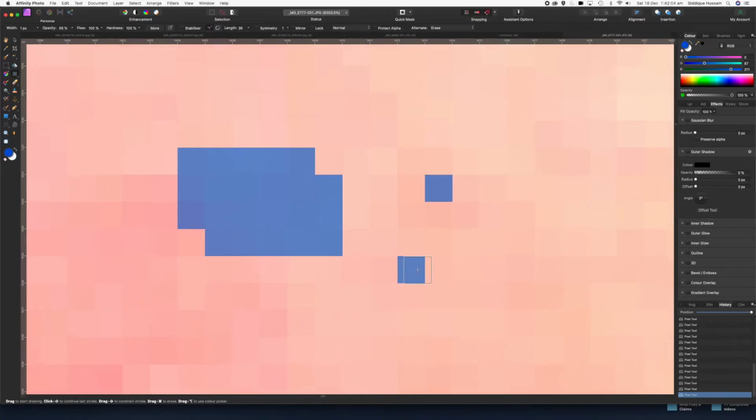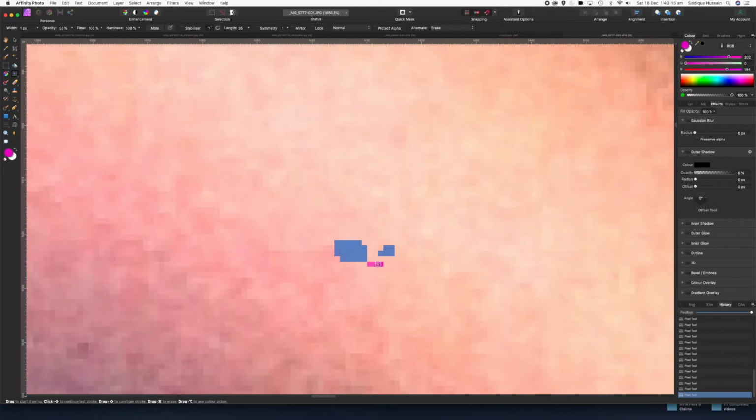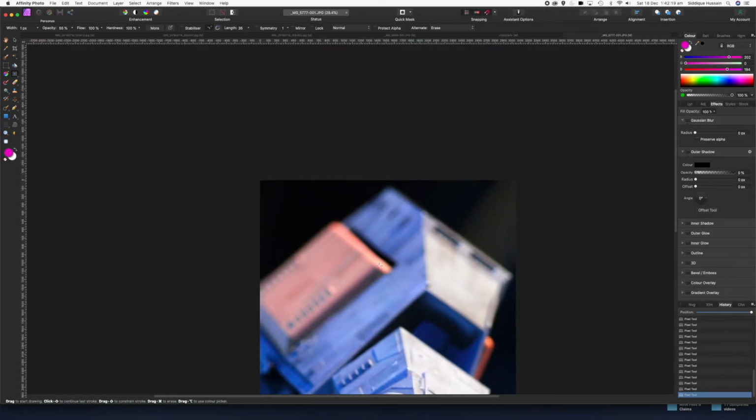Remember, pixels are square, so you can do each square at a time to whatever color you want to do. So that's really neat, that pixel replacement tool. I can see that being used particularly when you're doing some fine editing. Okay,